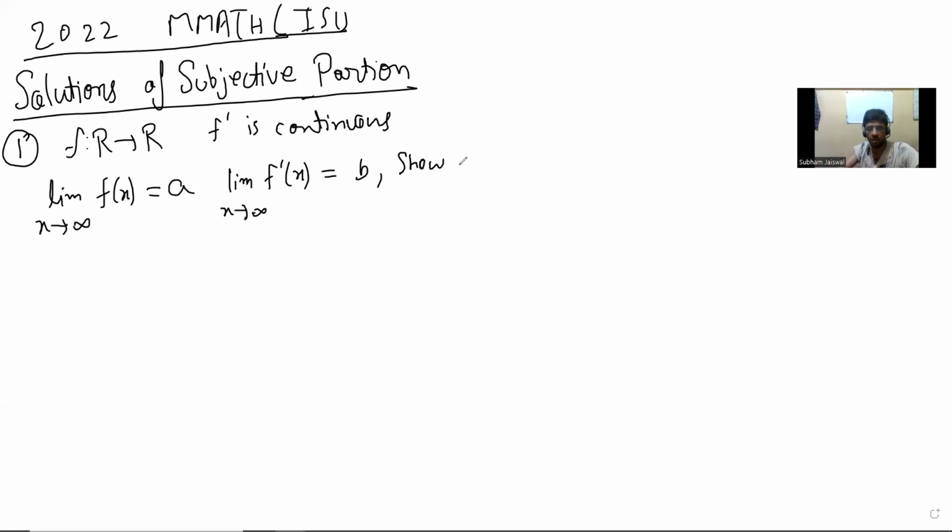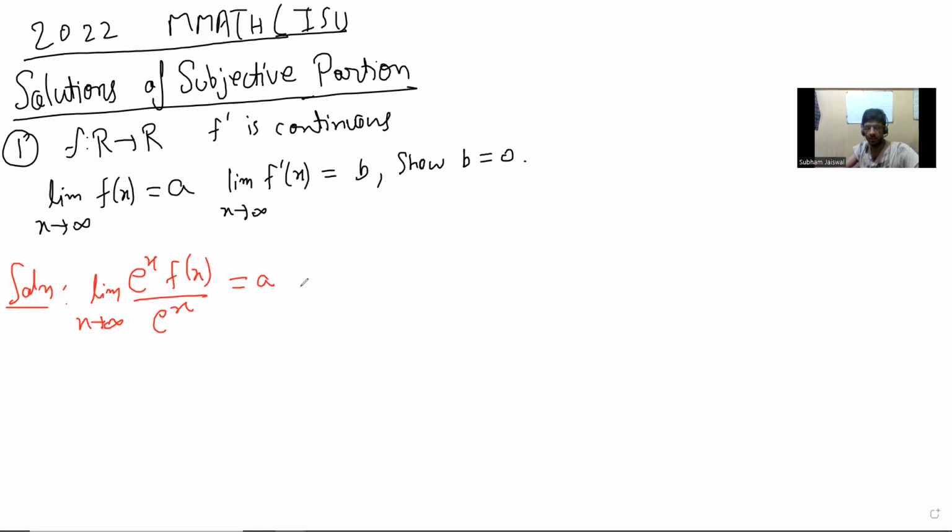Show b is equal to 0. But remember that it is important that f dashed is continuous. This is a rather standard trick type of question. So let me say maybe the solution. Especially if you have not tried, you should pause and try the problem. That's the real utility. But yeah, the solution can be: we know the limit of this exists, because that's what's given. It's equal to a.